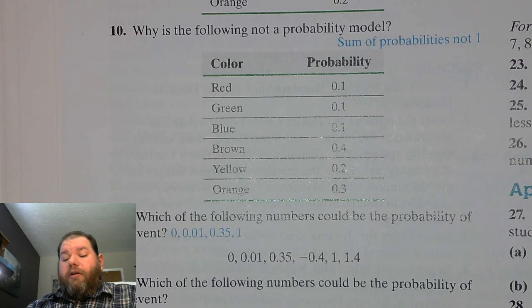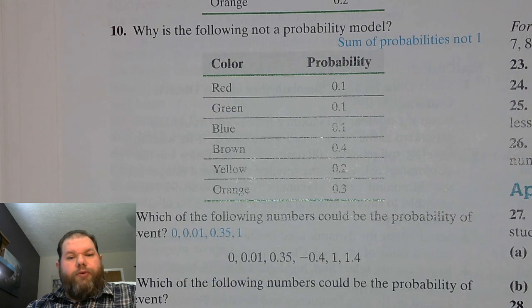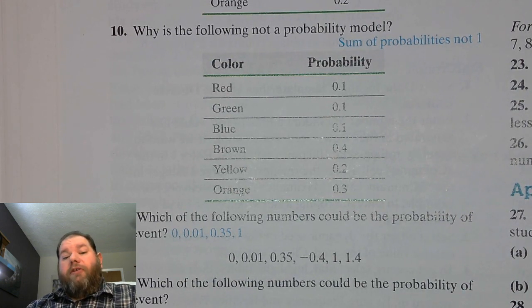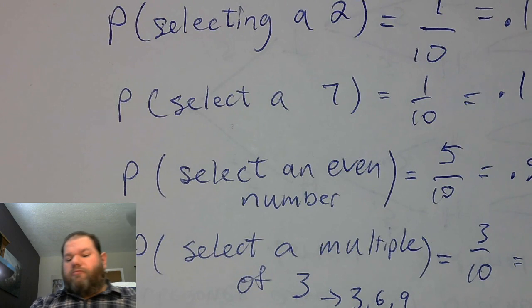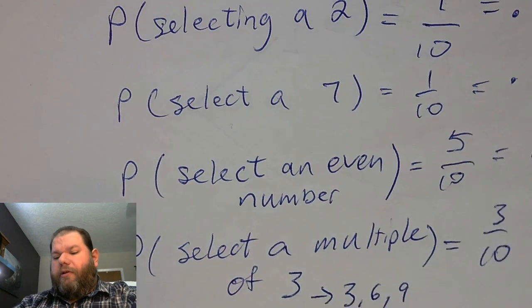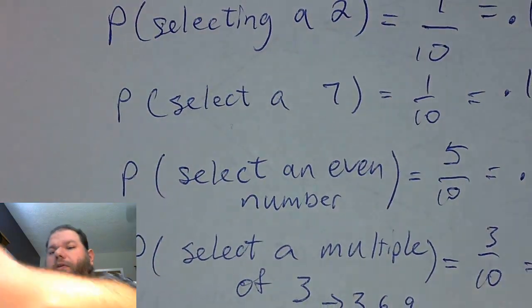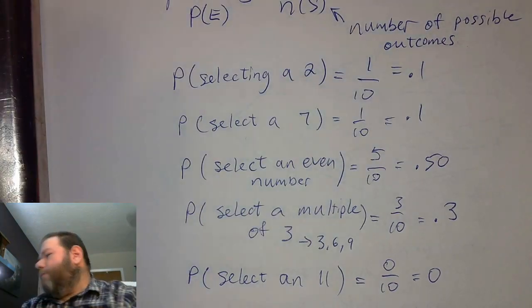And so, again, it's the same thing when we were talking about the rules of probability before. That's what we're looking for here. Are all the probabilities between 0 and 1, and do they add up to 1 collectively? And that's what we're checking for. All right. Let's zoom back out.